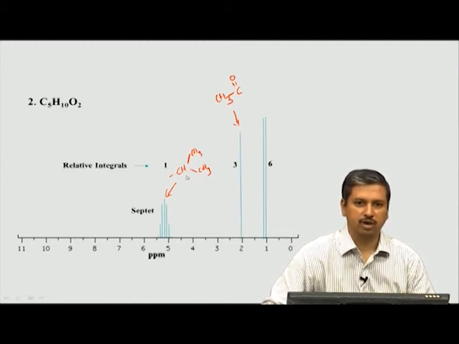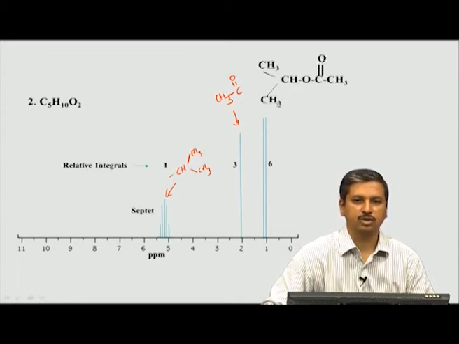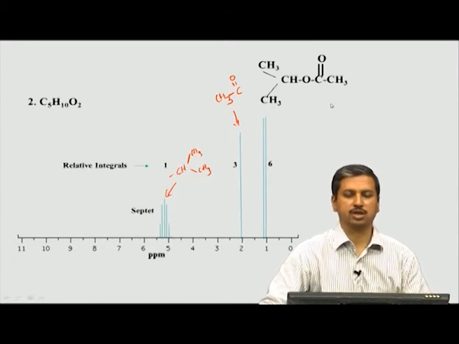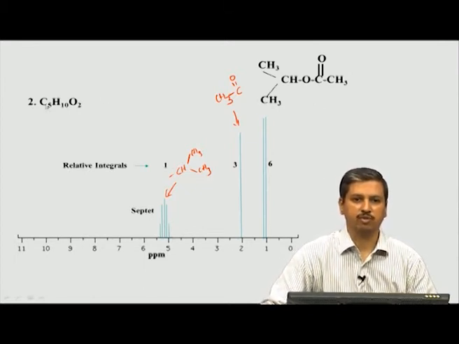Looking at one more thing, this hydrogen is coming at 5 ppm, which means there is probably an oxygen here. Only if there is an oxygen here can this hydrogen become so much downfield. So, there is an oxygen here and there is a carbonyl here. If you add these together, this is the structure of the compound which corresponds to this formula. If you see, there are 5 carbons here, 10 hydrogens here and 2 oxygens according to this.